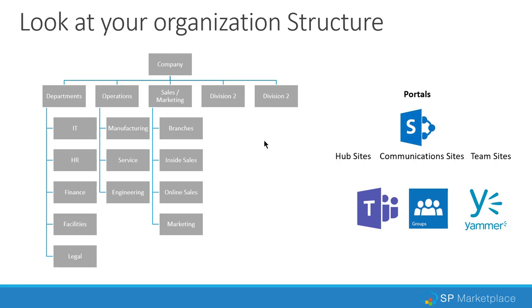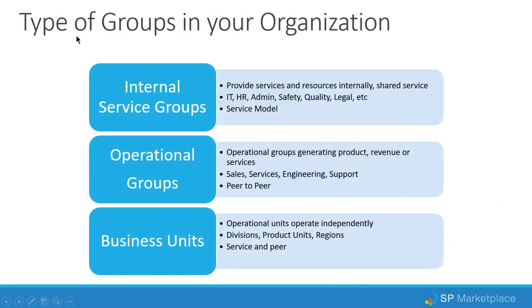And I'm not saying you can't work outside of the structure, because that's really where collaboration is driven. But you also have to recognize that work is done in this structure and services are delivered from within this structure. So the question is, how do you apply all these different portals and services to your organization? Well, the first thing you need to do is start to categorize the groups in your organization. Which groups are actually internal service groups? They actually provide services like a bank,